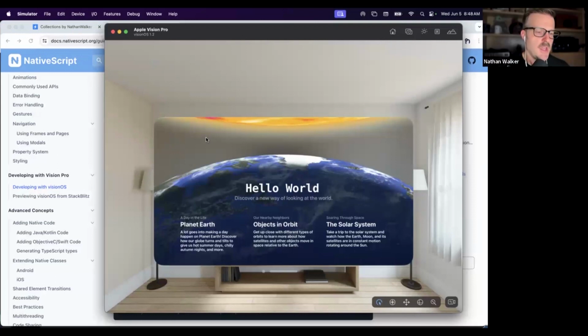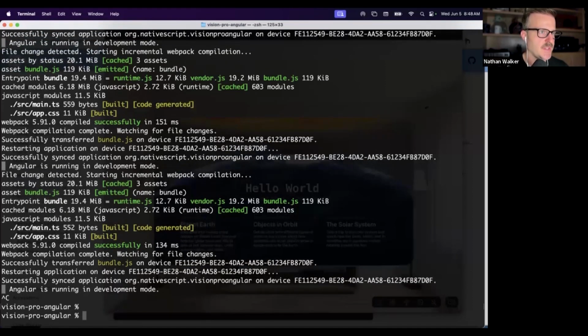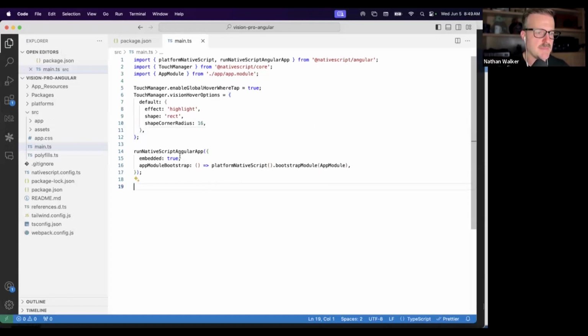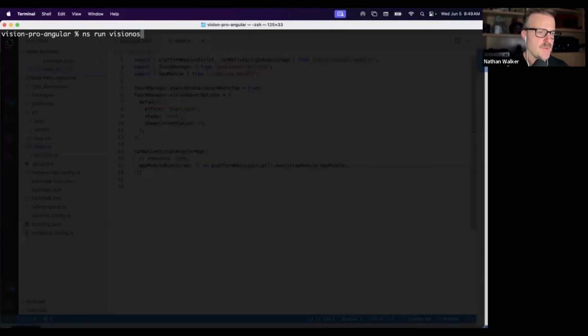Great question. We often refer to HMR or live reload, which is slightly different. Live reload is reloading the whole app and booting it again. HMR is just going to apply a change and patch it into the JavaScript and apply it without reloading the app. I'll show you the difference between the two. So I'm going to stop running this. And then, as I mentioned, if you're going to use HMR, you want to turn the embedded flag off. That's important. You can't run HMR with the embedded flag on. So when we take this off now and we run this,